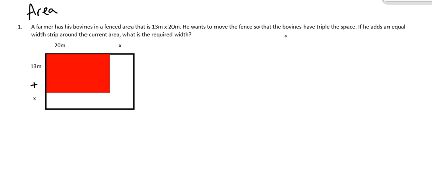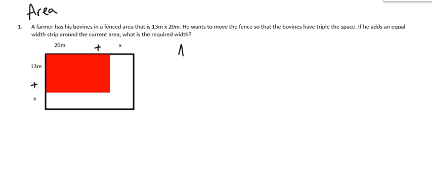He wants to move the fence so the bovines have triple the space. So whatever area this is, he wants this new area to be 3 times that. If he adds an equal width strip around the current area, what's the required width? So we've gone here and we looked at it. It's 20 by 13. And we're going to add a strip of X on each side to get a new